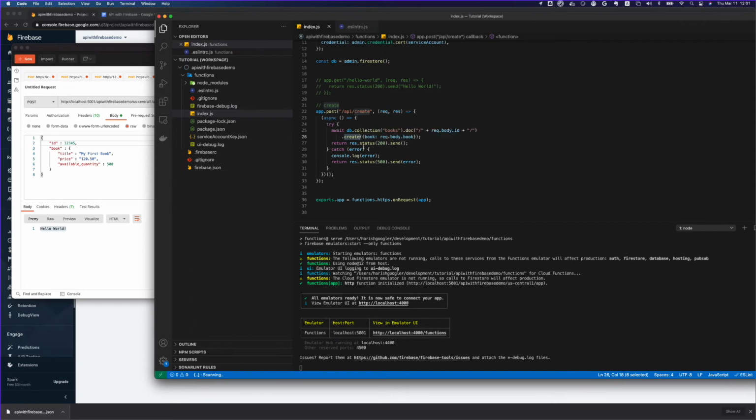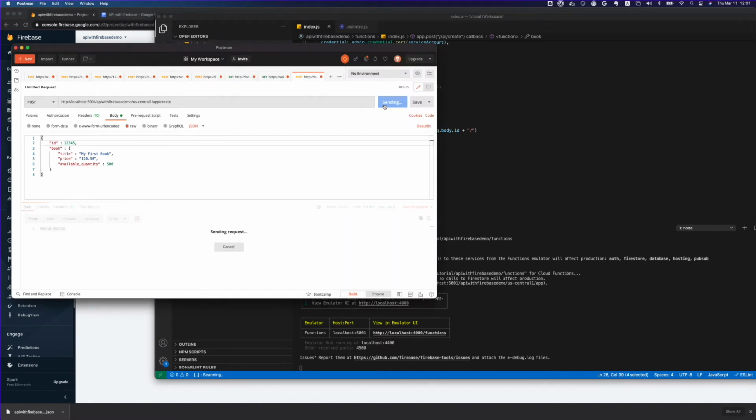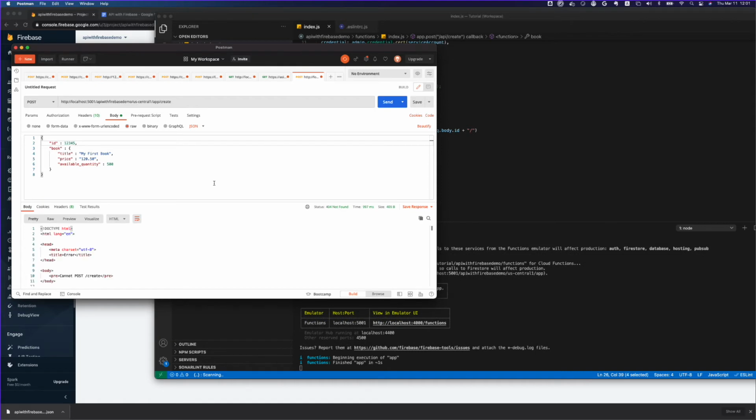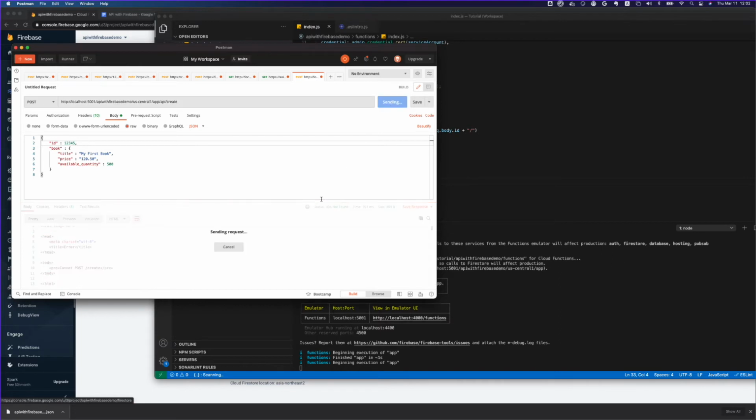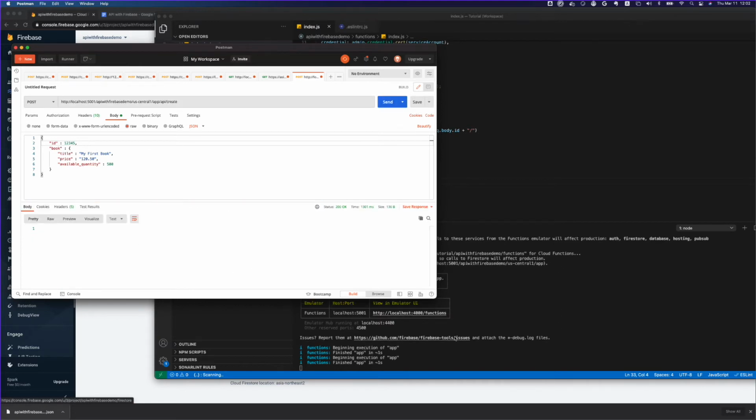So I'll show you two things what's happening here. If I don't create this, what happens, and what happens if I directly just give the object. So let's call this API and see what happens. Oh, looks like I got an error. Cannot post create. I understand. I made a mistake in the URL. I forgot to write API. So let's call it again.